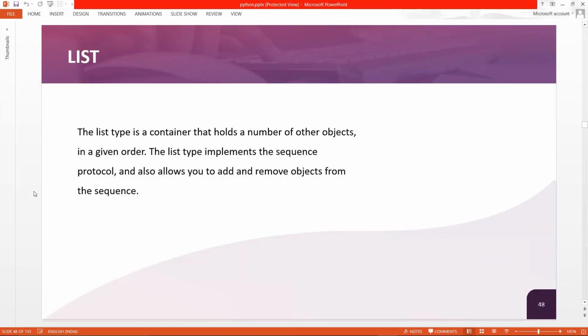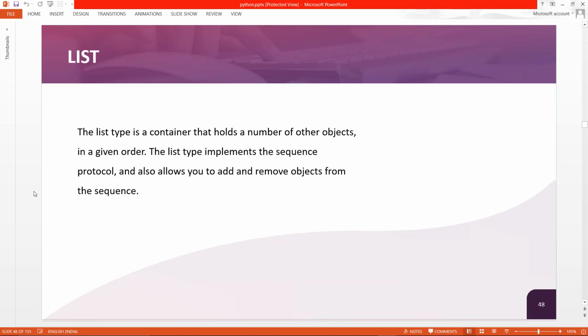So over here, list. In the list, you will find the list type is a container that holds a number of other objects in a given order. The list type implements the sequence protocol and also allows you to add or remove objects from the sequence.